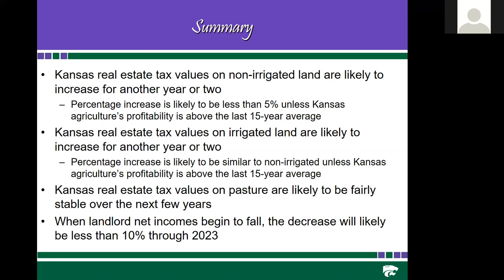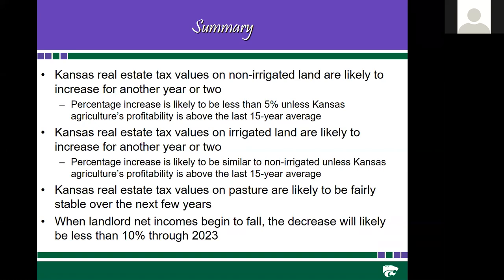But again, those high profit years are beginning to carry less weight. And so we're also going to see a flattening of those. If you look at pasture, they're likely to remain fairly stable. And then finally, when landlord net incomes begin to fall, the decrease will likely be less than 10% through 2023. And so we will see some pullback of the LNIs and the appraisal of agricultural land, but it will be